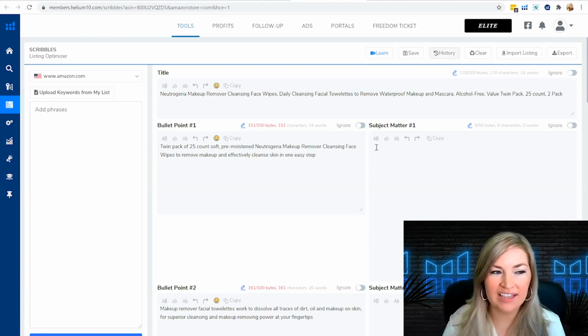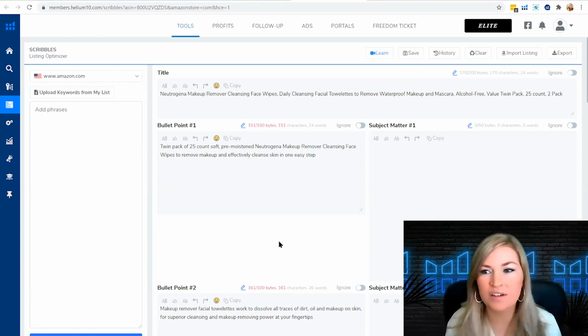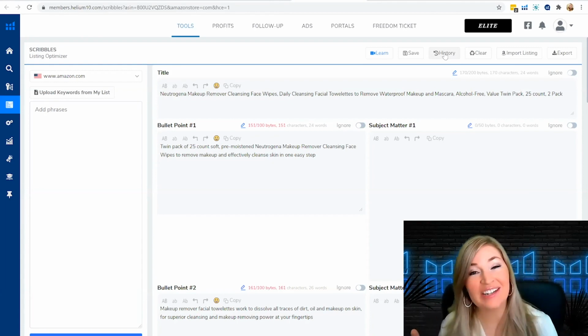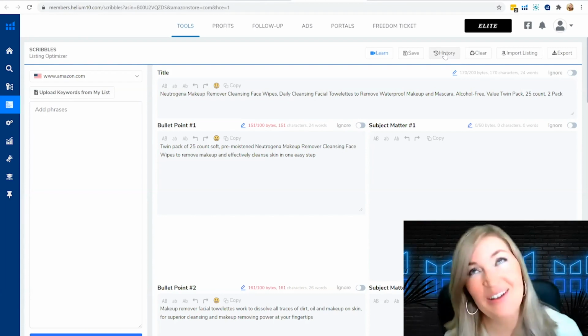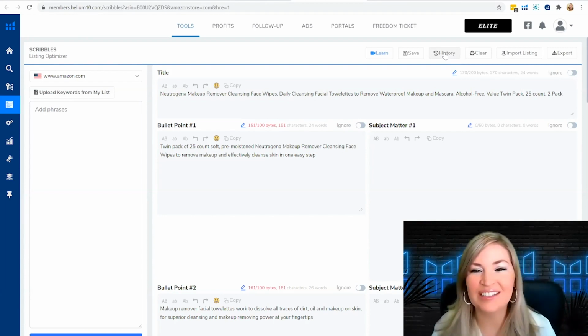And then it has a history. So instead of having to look through past Word documents, I can pull up all of the past listings that I've worked on, restore one, and put it right into Scribbles. So nice. That's a huge feature. It seems simple, but literally, Augustus, that saved my life last night. I was like, oh my gosh, thank you, Scribbles.